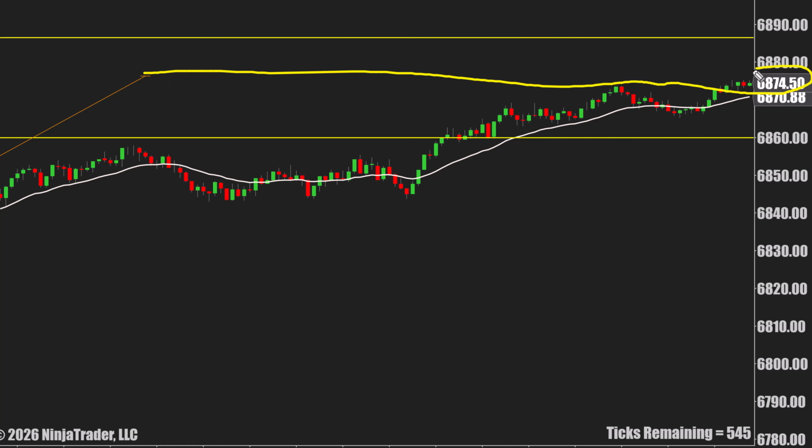Yep, 68.74.50. The market moves in twos. And not only does the market move in twos, many times you're gonna get the same distance. Whatever the distance of the first leg, expect the second leg to be that exact same distance. So that's the awesome part. The market moves in twos. So trust me, people, the market moves in twos.